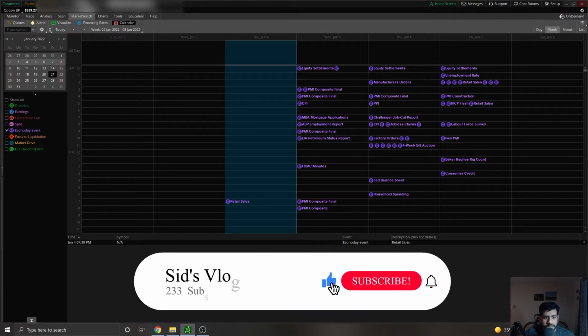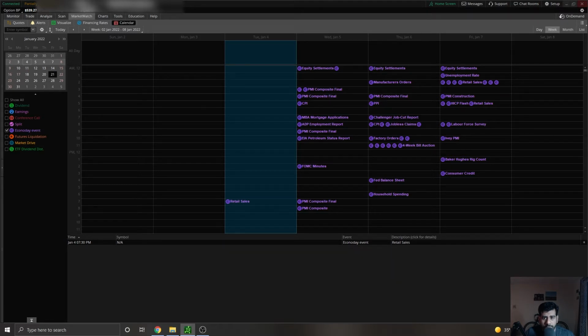This is the calendar, and you can get this calendar if you are using Thinkorswim. Just go to the market watch, click on the calendar, and select Econo Day events. That's the way you can see all these economic events that influence the market all in one place. As you can see here, tomorrow we have the employment report,